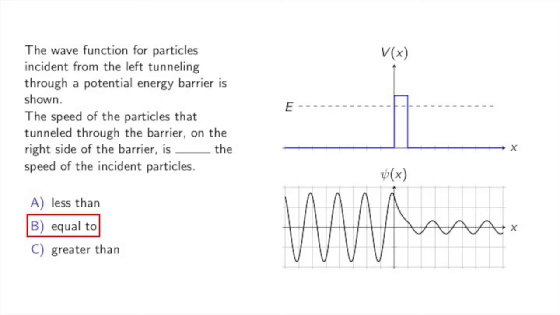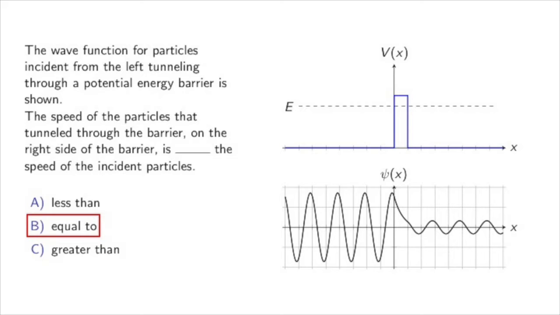Okay, so hopefully you've had the chance to think about this. Maybe you reasoned that the speed of the particles that made it through the barrier is equal to the speed of the particles that were incident. There are several ways you could think about this. One way is to recognize that on either side of the barrier, the potential energy is zero, so the energy is all kinetic energy. Remember that we're solving here for an energy eigenfunction, that is, a solution of the time-independent